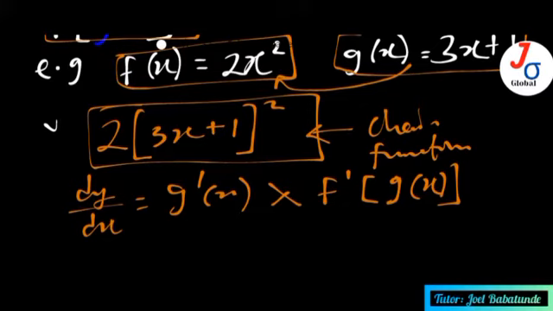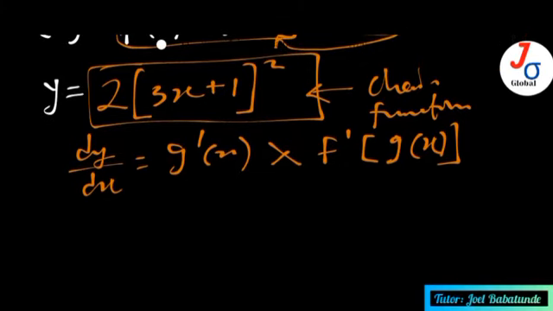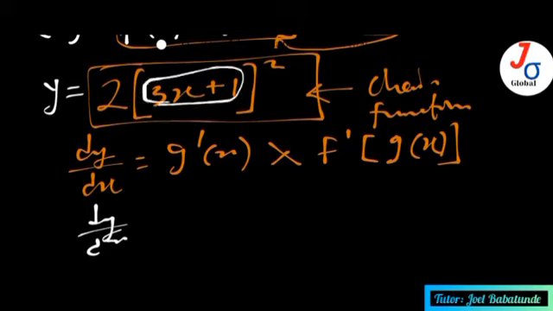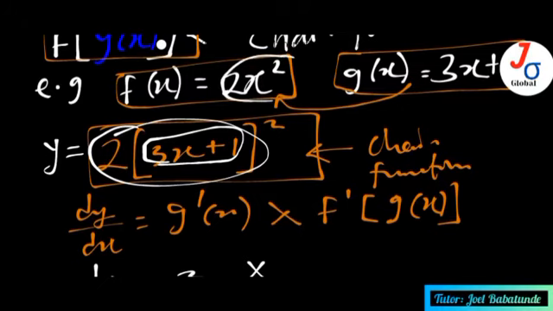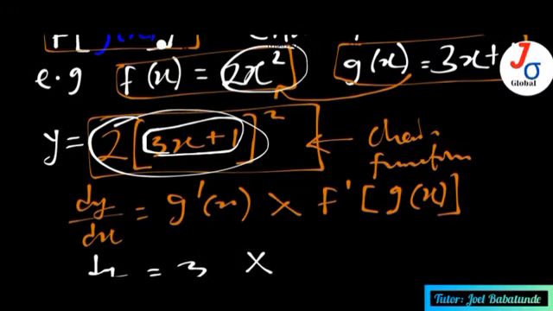Since y equals this, how do you differentiate this using the chain rule? Then dy/dx has to be: differentiate this guy inside. This is your g of x. When you differentiate 3x plus 1, when you differentiate 3x, you get 3. When you differentiate 1, you get 0. So this is g'(x) multiplied by the derivative of all of this. Remember that this x squared is all of this. That's the function of x. Alright, so if I differentiate x squared, so what do I have? I have 2